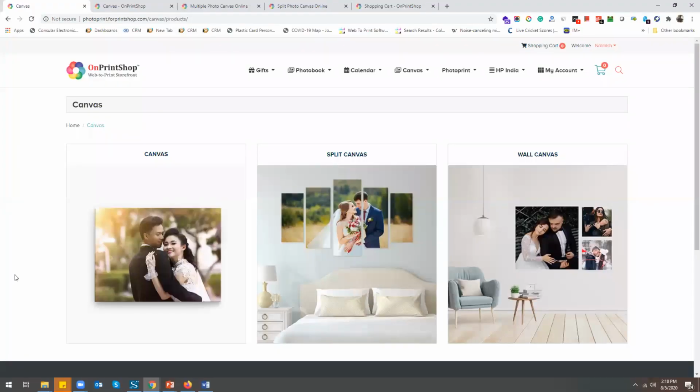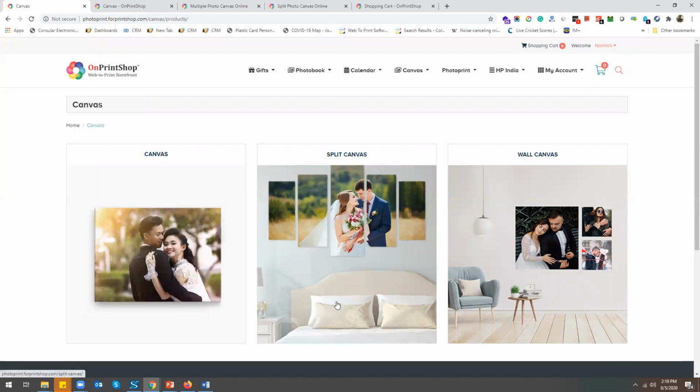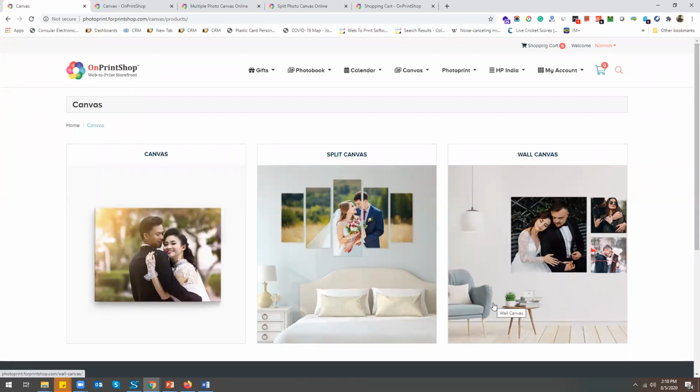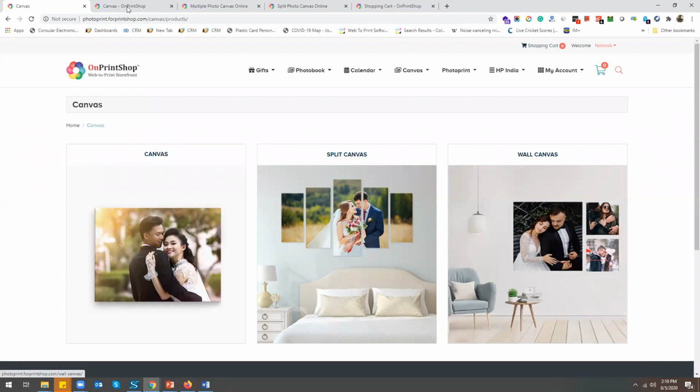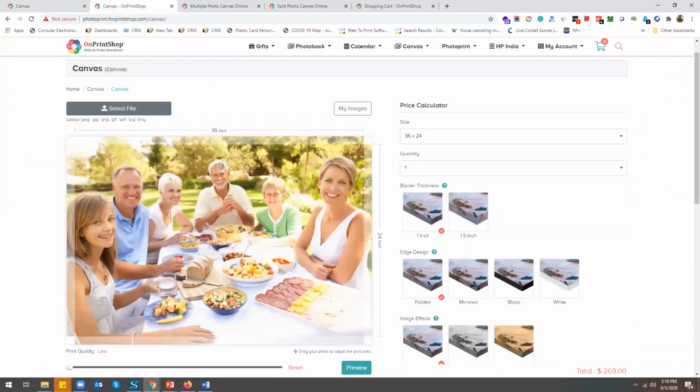Canvas module is developed after detailed research and development, understanding the fastest growing photo print market. It is very intuitive, and in 3 simple steps, your end client can order canvas within minutes. First of all, they can select the canvas like single, split image, or canvas with multiple images. They can upload the pictures, select options, and order. So here is the first example of single image canvas, wall art, or poster.